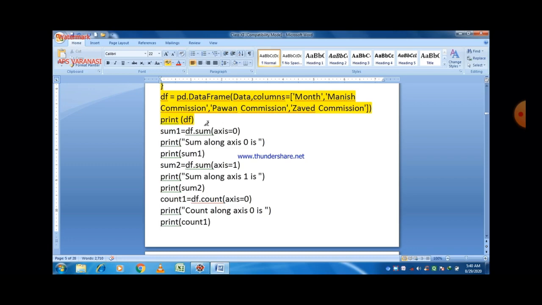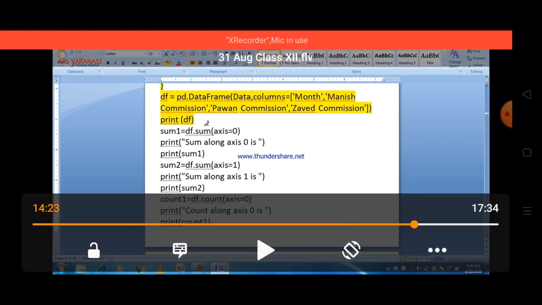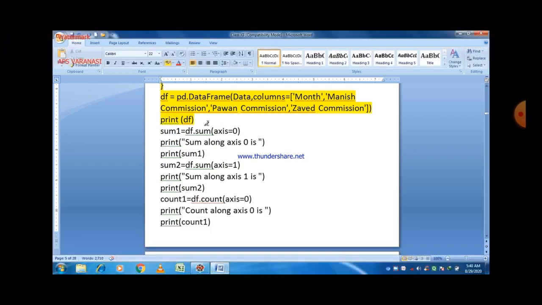But here we explicitly mention the column names, so for this purpose we use a parameter value columns, and the names of the columns are month, Manish commission, Pawan commission, and Javed commission. And after that there is a print statement which will print the data frame here. So till now we successfully created a data frame with column names month, Manish commission, Pawan commission, and Javed commission.